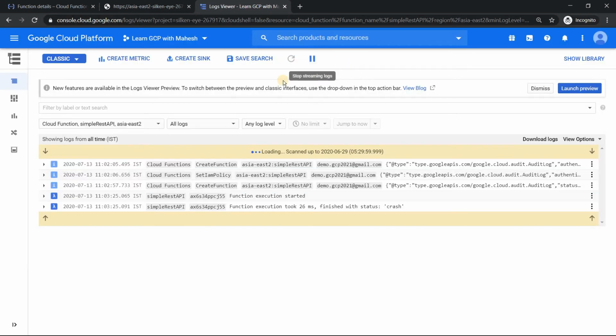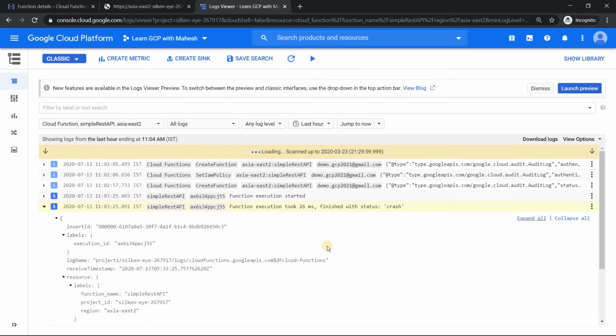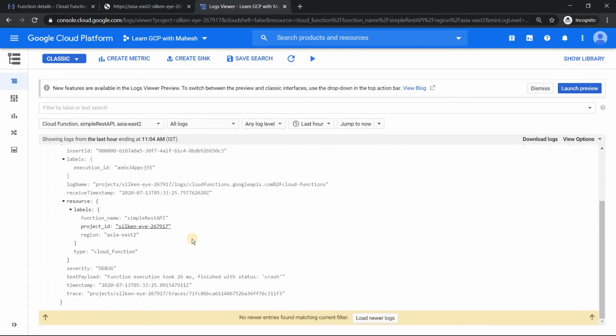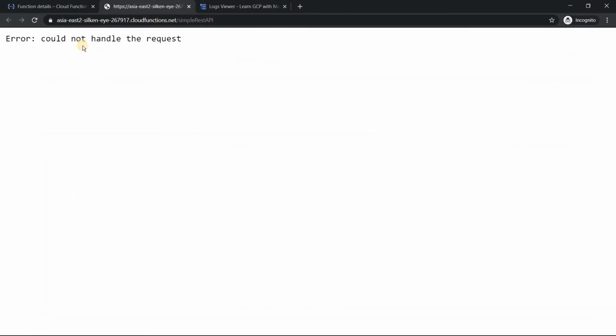Now I have opened the cloud function's log page, which is nothing but the so-called, or erstwhile, Stackdriver logging. Now it's called Operations logging. And you see the function was invoked at 11:03 a.m. It started, but it crashed. It executed for 26 milliseconds. And if I expand this log, it says it crashed. That's it. Nothing else it shows. And this error message is also not easy. Just for your information, I'm not a Python guy, so it does not give me any idea what has gone wrong. Now, how do I fix it?